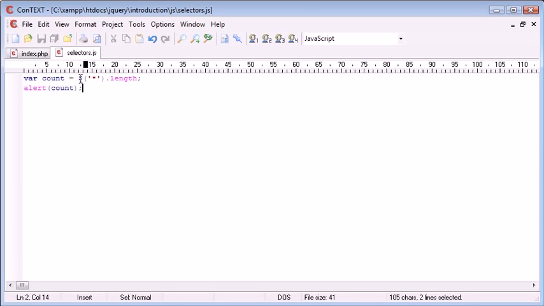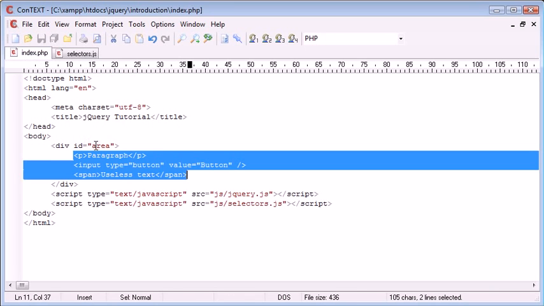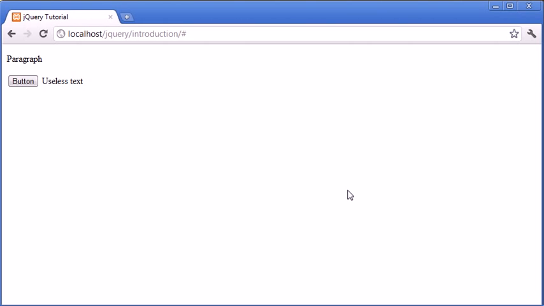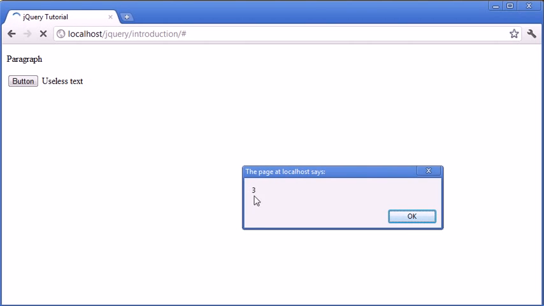So inside selectors, we now want to specify the area that we want to select, and this is area because we've created a div with these 3 elements inside. So we can reference this area, and then we can say .find, and inside of this we can use the asterisk. So instead of specifying the asterisk in this first selector, we specify the area and then we use find and then we specify an asterisk. It's still going to return the length, but this time when we refresh the page it should return a length of 3. So now you can see we've got a length of 3